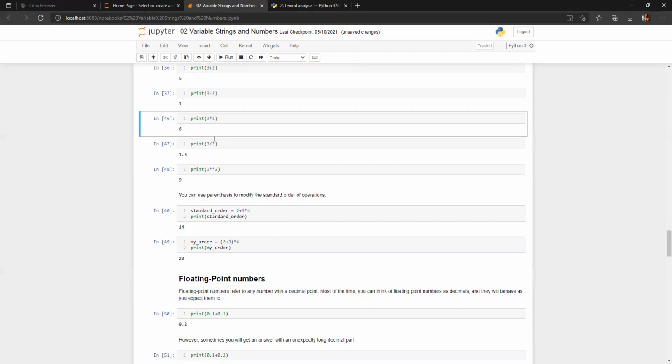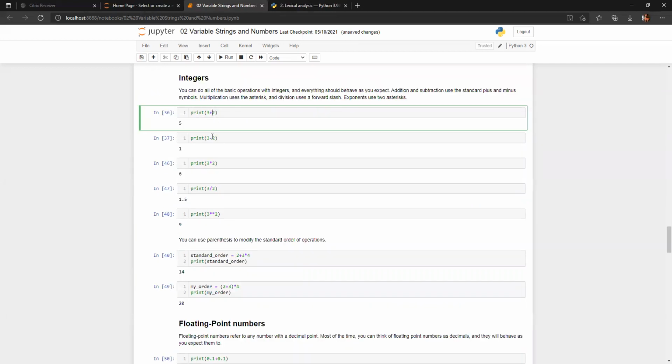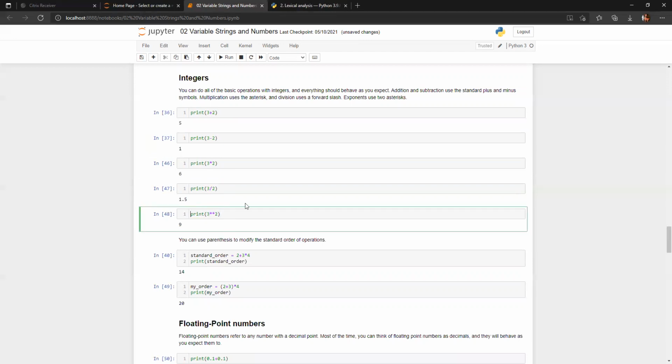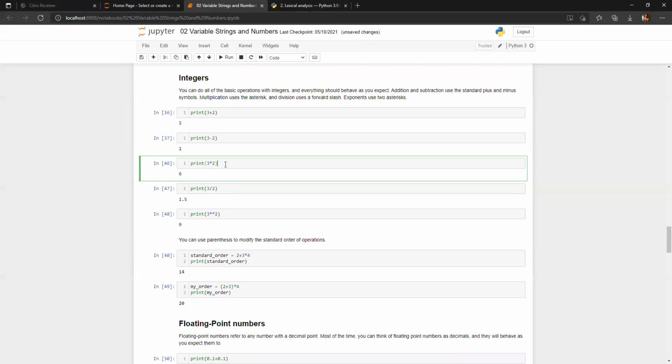As you can see here, plus is the addition operator, minus is the subtraction, star is used for multiplication, and forward slash is used for division. If you are using double stars, it is power, so 3 raised to 2 is written like this. So this is how you can declare integers also.